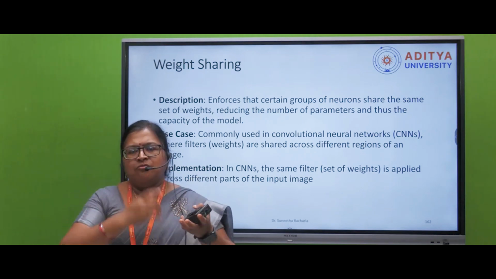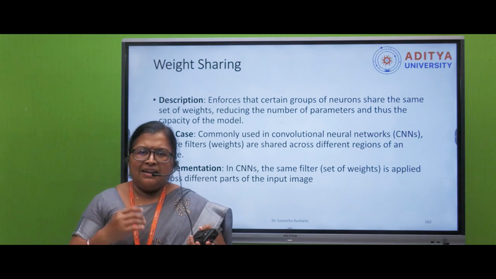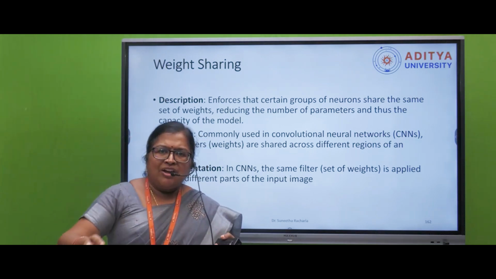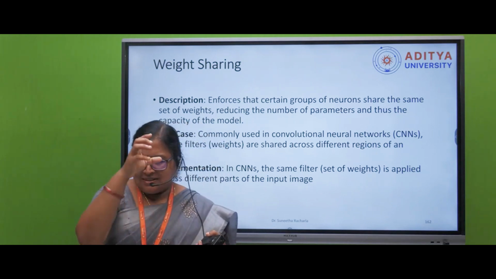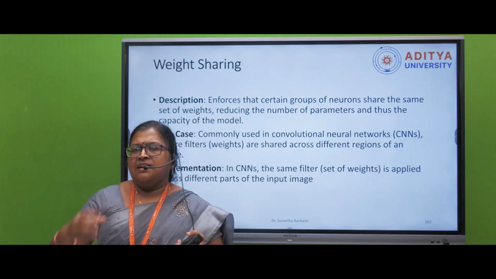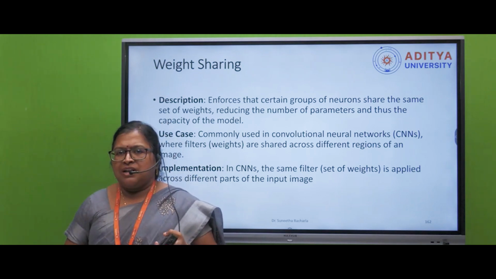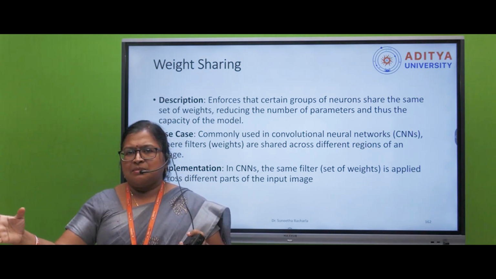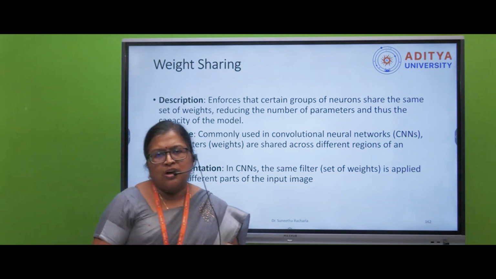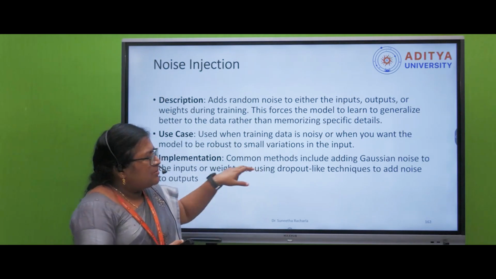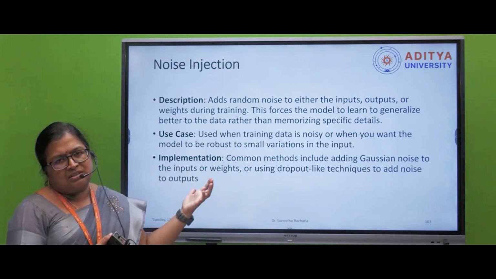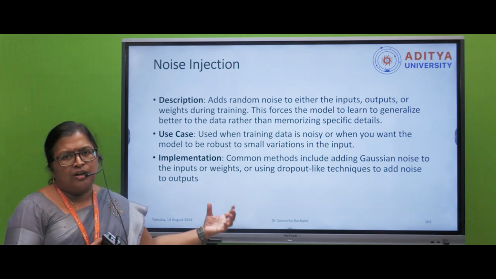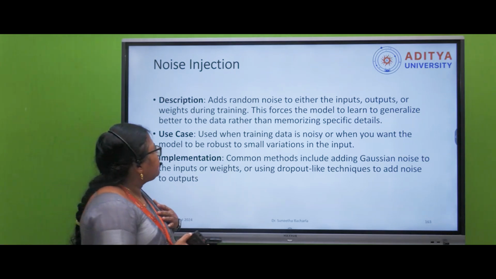So weights will be shared from one layer to another layer. Instead of creating all of that again, the weights will be shared to all the layers. So the same weighted node will work in the input layer, the same weighted node will work in the hidden layer, and the same weighted node will work in the output layer. The node weightage will be the same everywhere, but the position is different. That is what weight sharing is, which we normally use in image processing. In CNN we mostly use weight sharing everywhere. Whenever you are going for bigger images, you are going to use weight sharing.